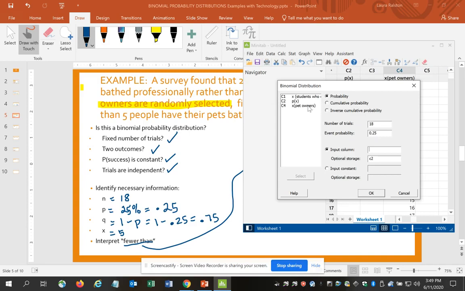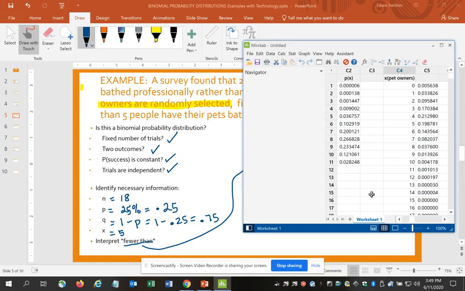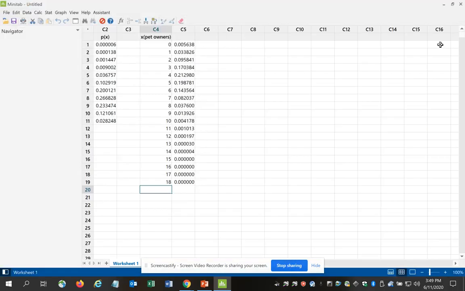Obviously, Minitab is very particular if you don't enter it correctly. And then we want to put our answers, in this case, column 5, next to the pet column. So I choose column 5. Click OK. And again, my results come up